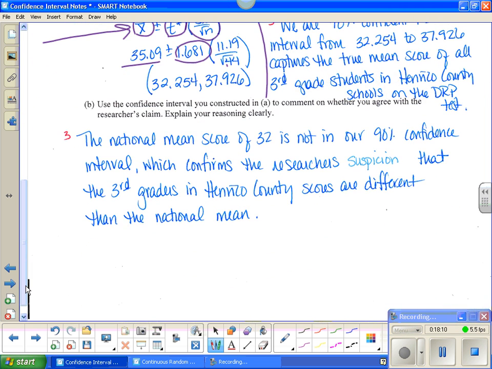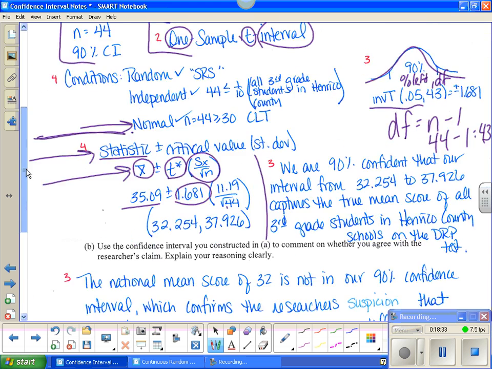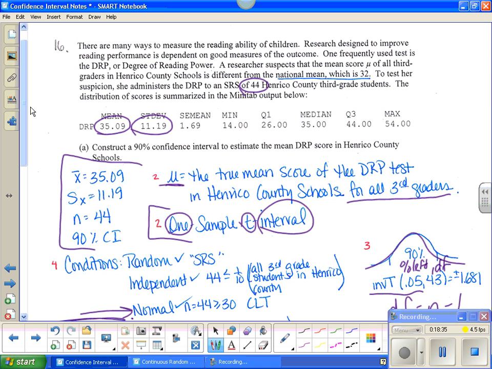Use the confidence, and this is a fantastic follow-up question that is a pain in the butt. Use the confidence interval you constructed to comment on whether you agree with the researcher's claim. Explain your reasoning clearly. I didn't read the question that good. National mean score of 32 is not in our 90% confidence interval, which confirms the researcher's suspicion that the third graders in this county are different than the national mean. So it's saying to test her suspicion. Her suspicion is